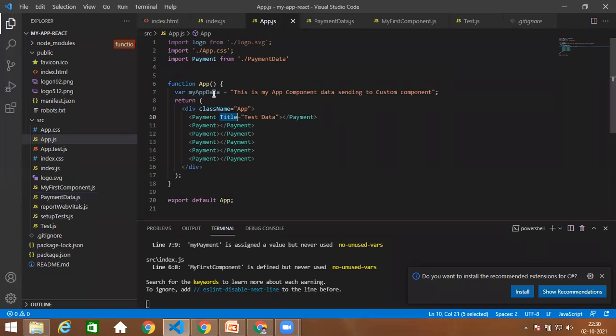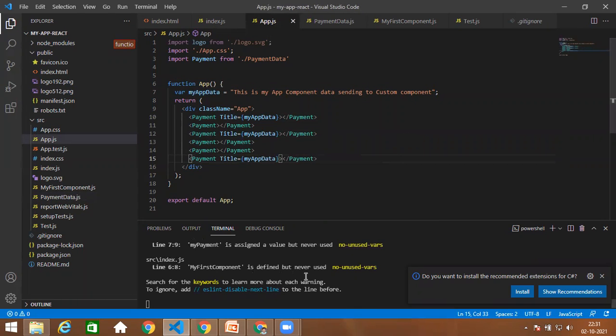Now let us see how we can transfer the data you have created. You created a JavaScript variable with this text. Now let me pass this JavaScript data, with title. How will you bind this dynamic JavaScript variable by using these curly brackets? Title is equal to my app data, which I'm passing here. Let me pass this title and my app data in whichever components you want. I'll pass here and I'll pass here.